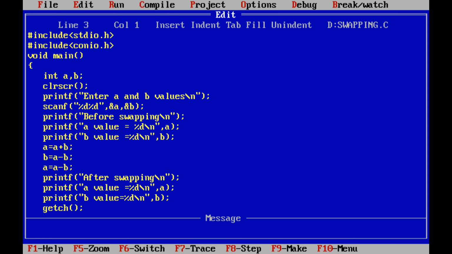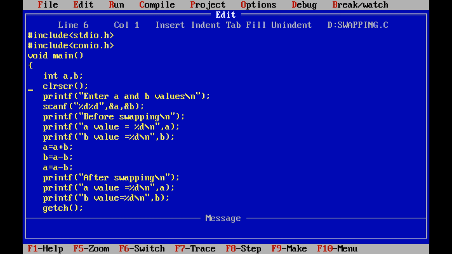Next, every C program starts its execution with a main function. The main function does not return any value, so we write void before the main function. Void is an empty data type. Next, we are declaring two integer variables a and b.